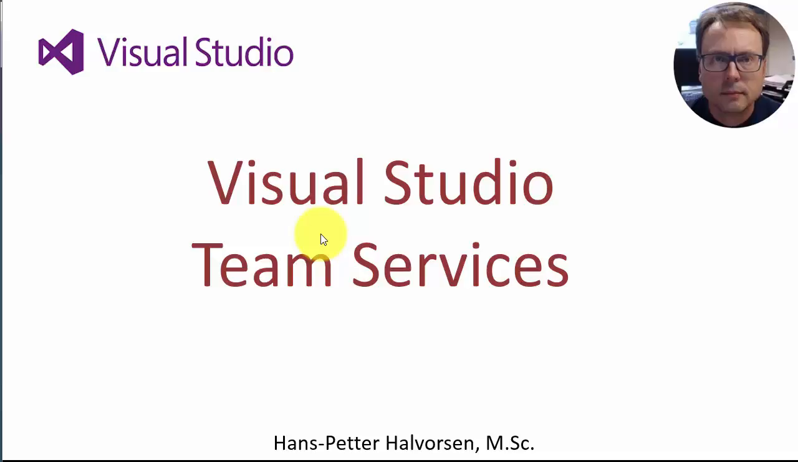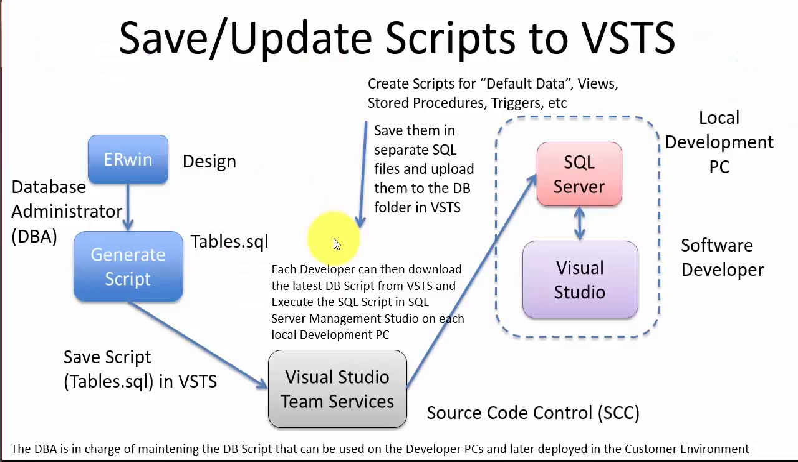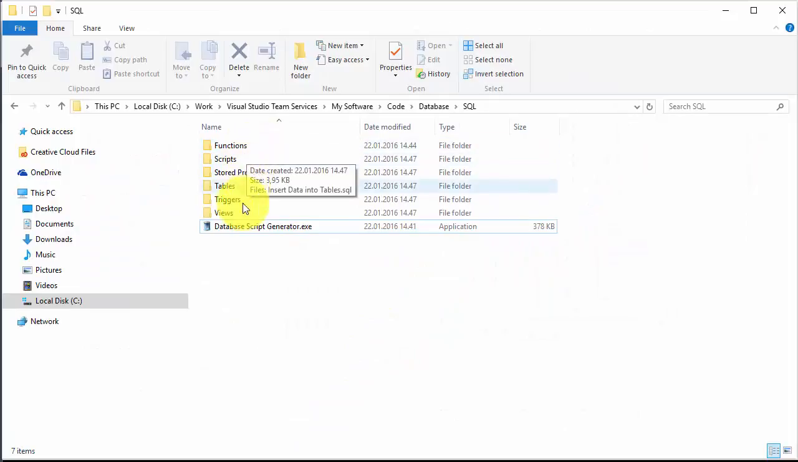Next we want to share our scripts within the team. So for that we use Visual Studio Team Services. As mentioned, we started with Irvin. We generated the table script using Irvin, and we have made some views, stored procedures, and some default data. And all those scripts we have stored on our hard drive like this. In this folder structure we have saved all our files,